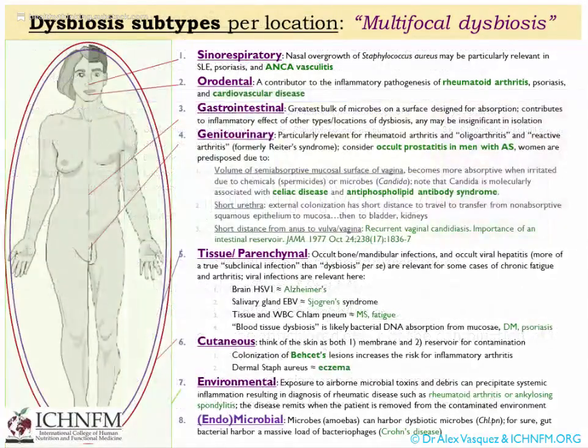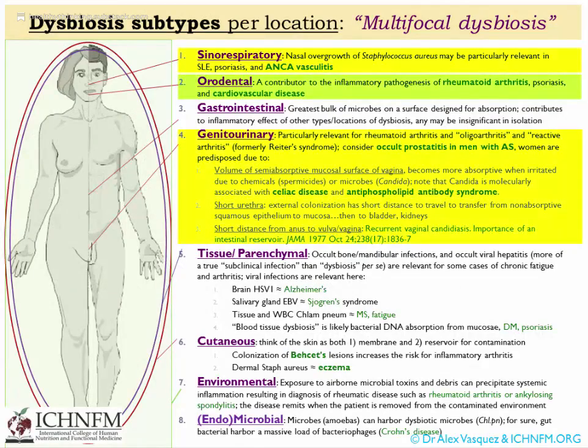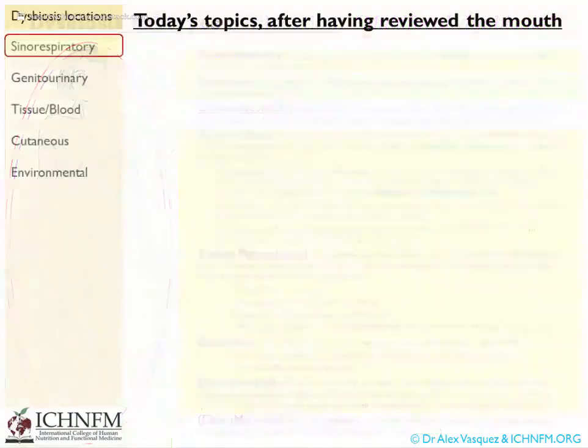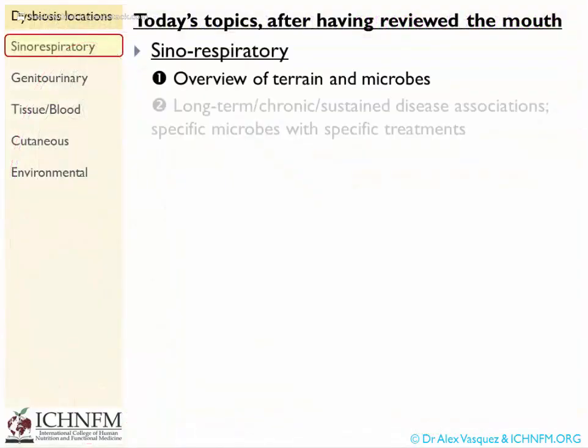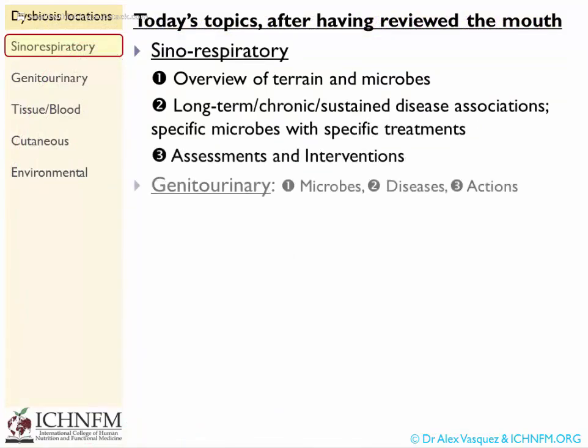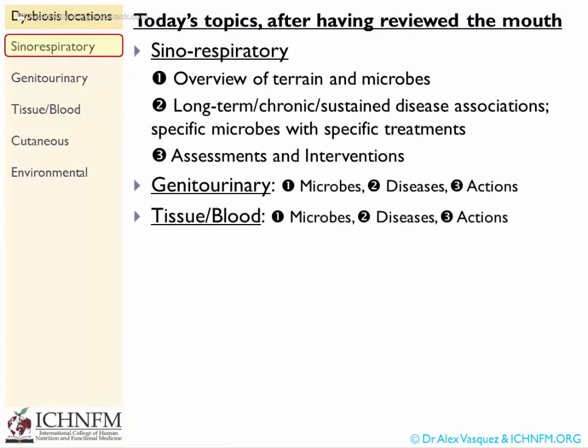Again, what we're doing now is working our way pretty much head to toe, starting with orodental, then sinorespiratory. Genitourinary is our topic for right now. Then I'll discuss tissue, blood, and parenchymal dysbiosis, then cutaneous, environmental, endomicrobial, and then ultimately gastrointestinal as well. So we already talked about sinorespiratory dysbiosis, today genitourinary, then following this presentation, tissue, blood, and parenchymal dysbiosis, again cutaneous,